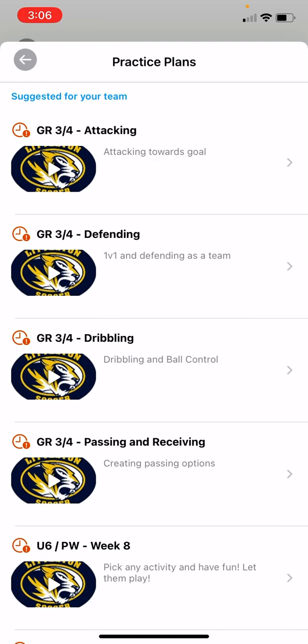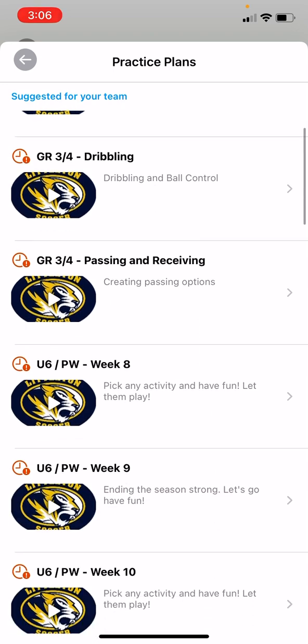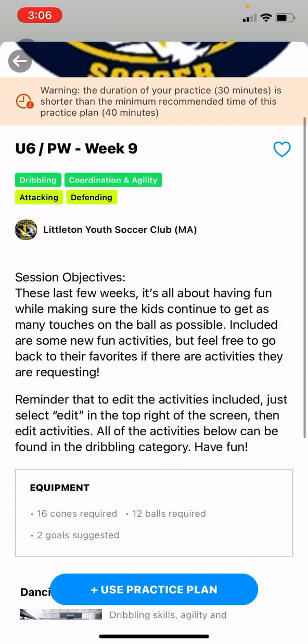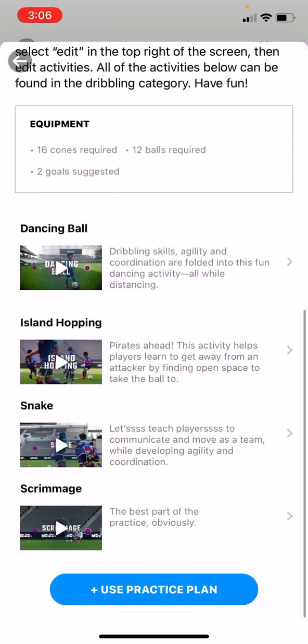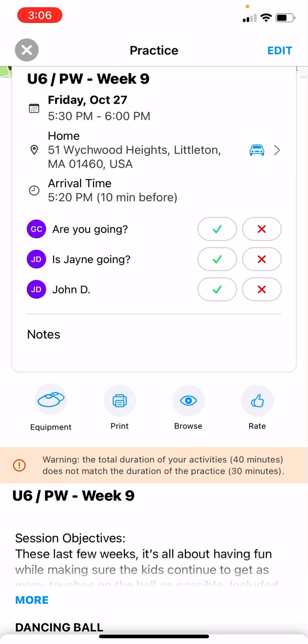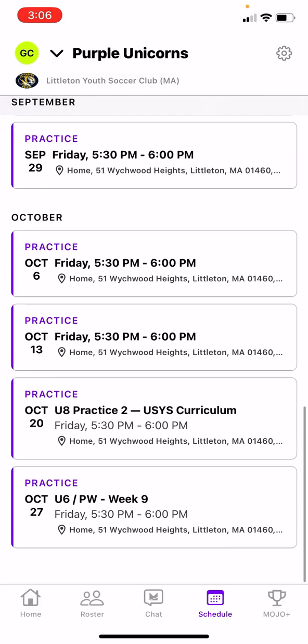You can choose from the various practice plans depending on your age. If you're in U8, Pee-wee, U6, U8, you can see these practice plans here. You can look at them, see what they are, what they're describing, and what the activities are. And if you want to use it, you just choose Use Practice Plan. So that is the select focus area. Another example